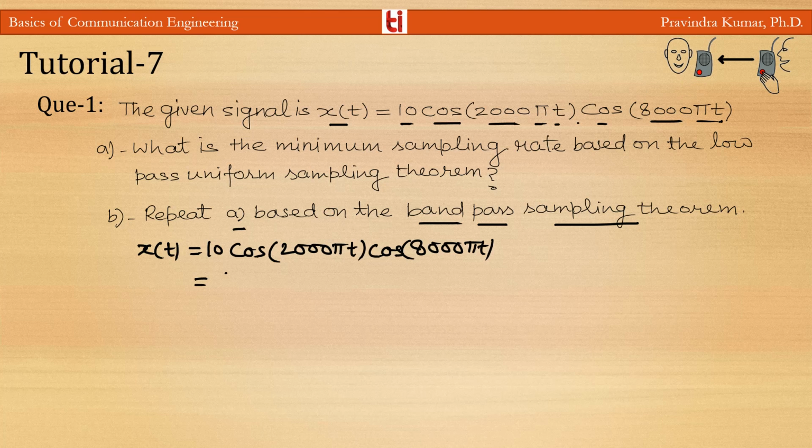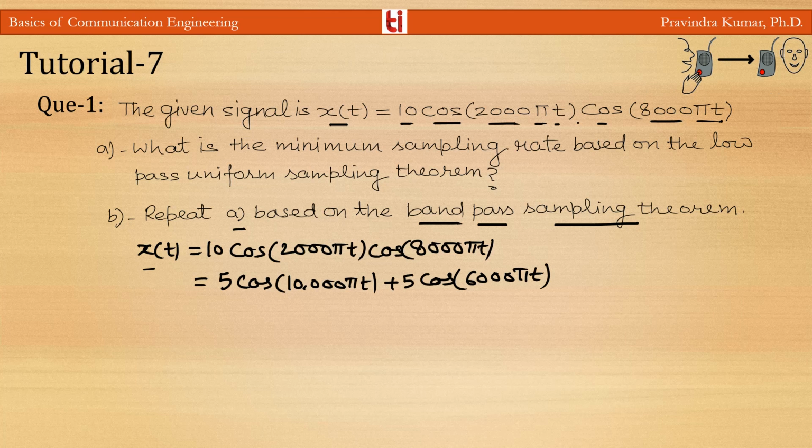So it will be 5 cos 10,000πt + 5 cos 6000πt. This signal is a composite signal composed of two sine waves, 5 cos 10,000πt and 5 cos 6000πt. The highest frequency present in x(t) is